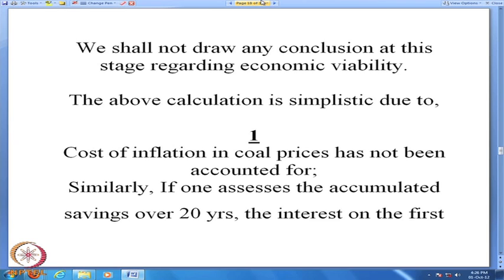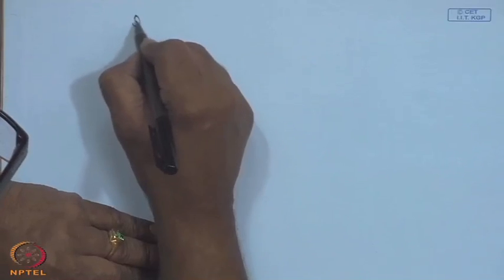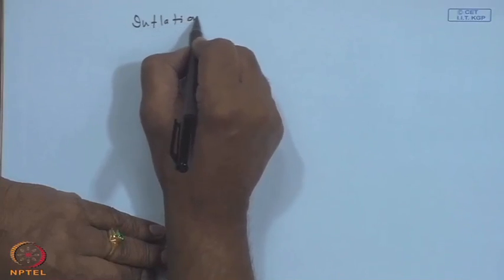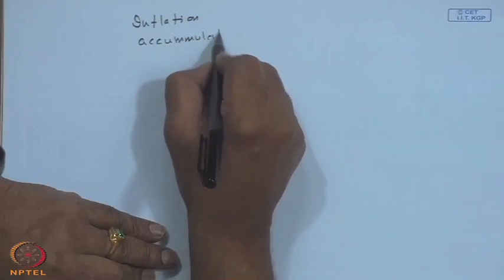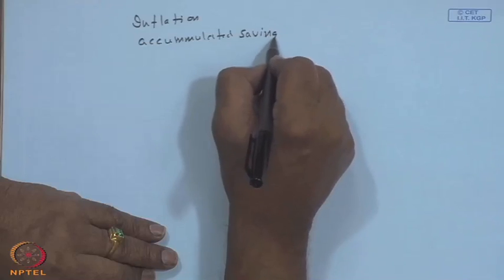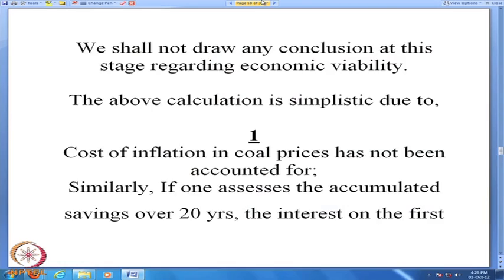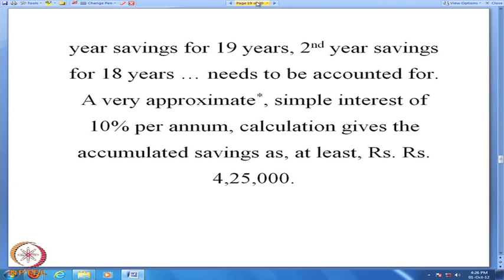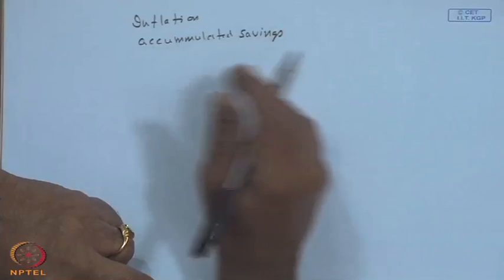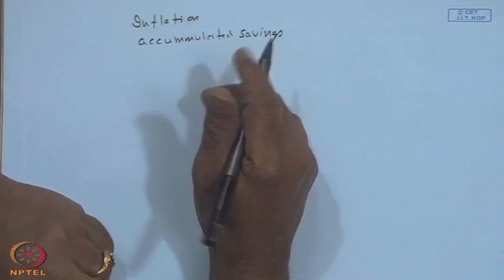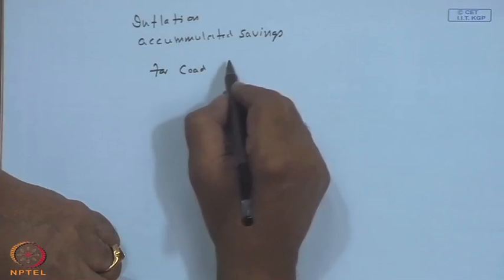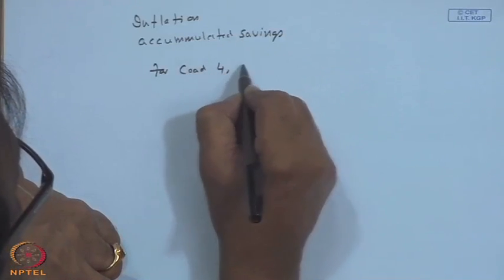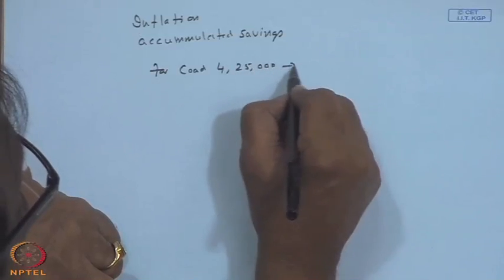The above calculation is in one sense simplistic, because inflation in coal prices has not been taken into account, and accumulated savings, based upon whatever is the fuel. First year savings are all right, but if you are putting it in the bank, the first year savings will be for 19 years, the second year savings will be for 20 years, then that amount turns out to be for coal not that 1 lakh something, but 4 lakhs 25,000 with a simple interest